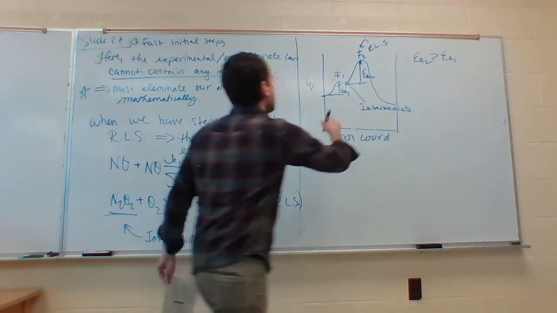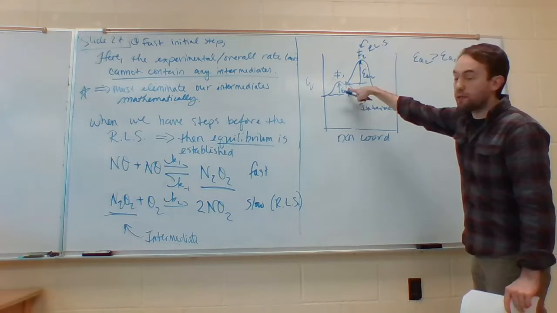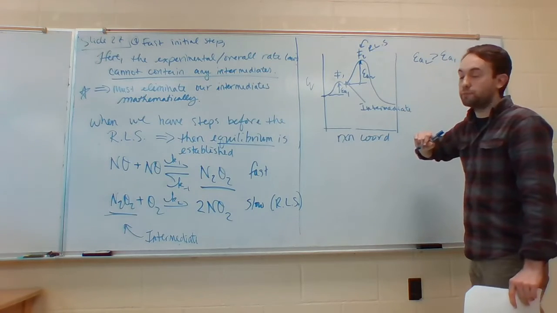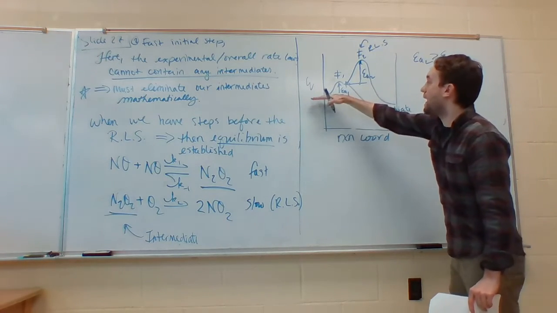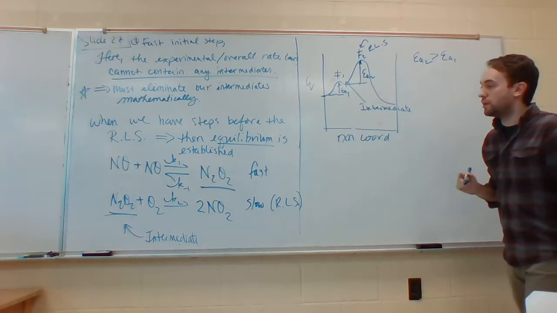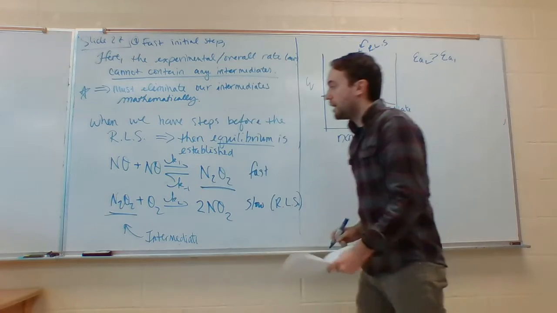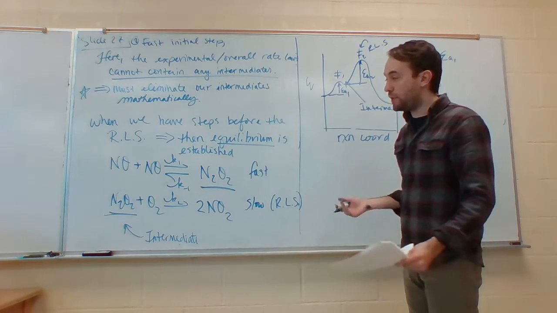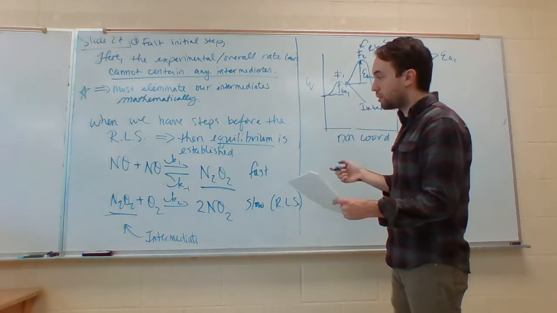Okay? That's the species that exists here in that little trough. Because remember, these are our reactants, our intermediates, and our products all the way on the right. So that's our intermediate, N2O2. So that means it can't appear in our rate